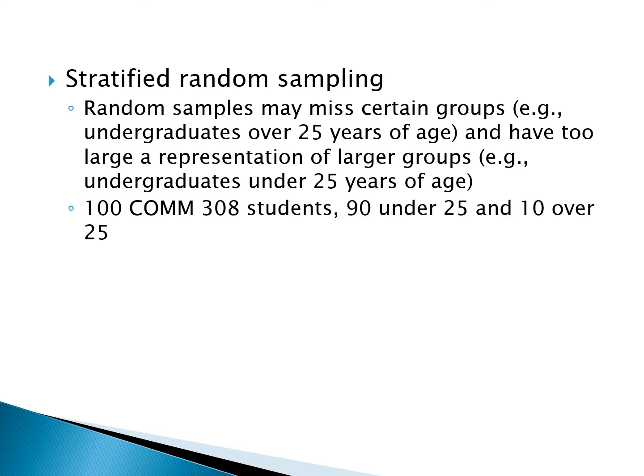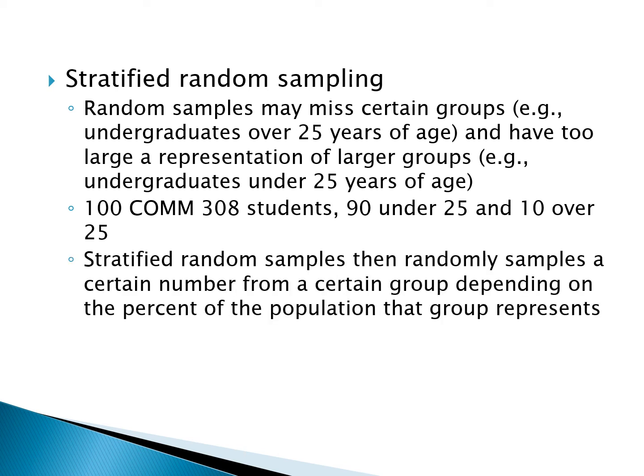So, for example, let's suppose in our class we had 100 COM 308 students, and 90 of you were under 25 and 10 were over 25. I could do a sample of, say, 20 of you, and I could possibly get every single one of you under the age of 25, and in my 20 I would have no one who was over 25. So if I wanted to make sure that I had a representative sample, but one done through probability sampling that doesn't reflect any bias on my part in terms of who participates, then I would do a stratified random sample